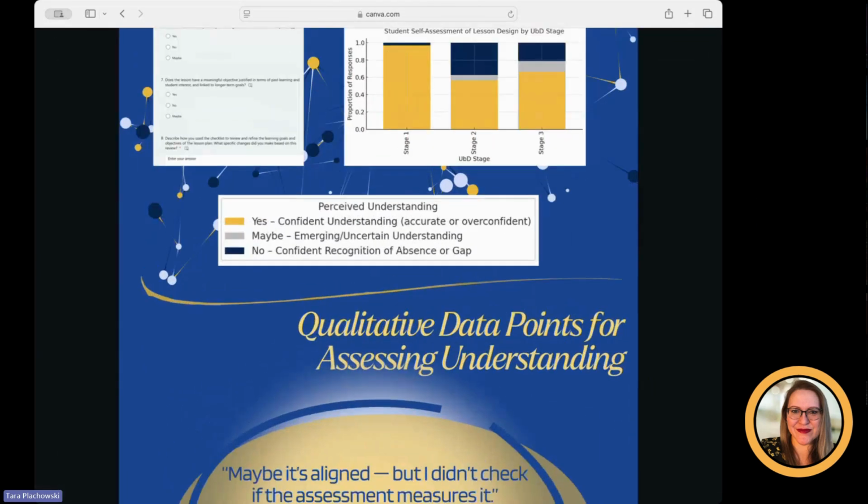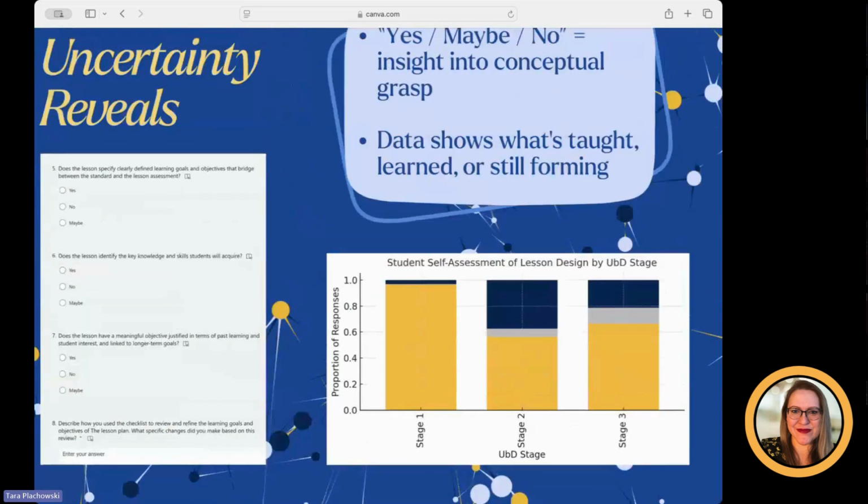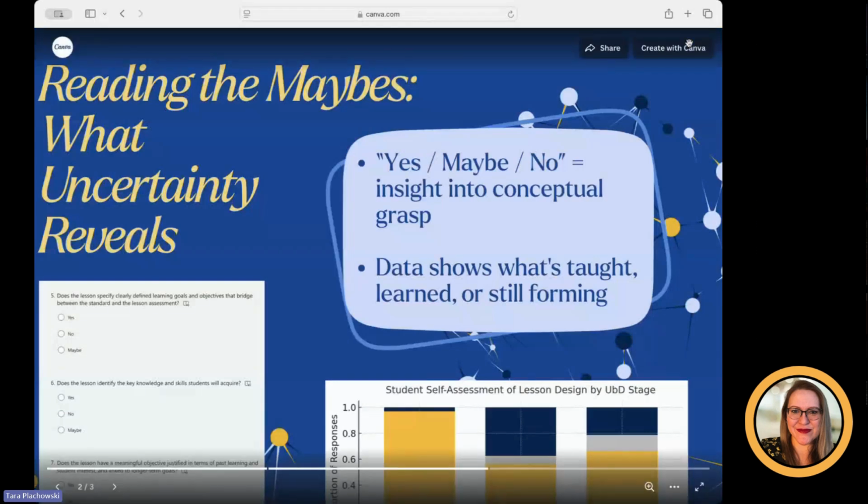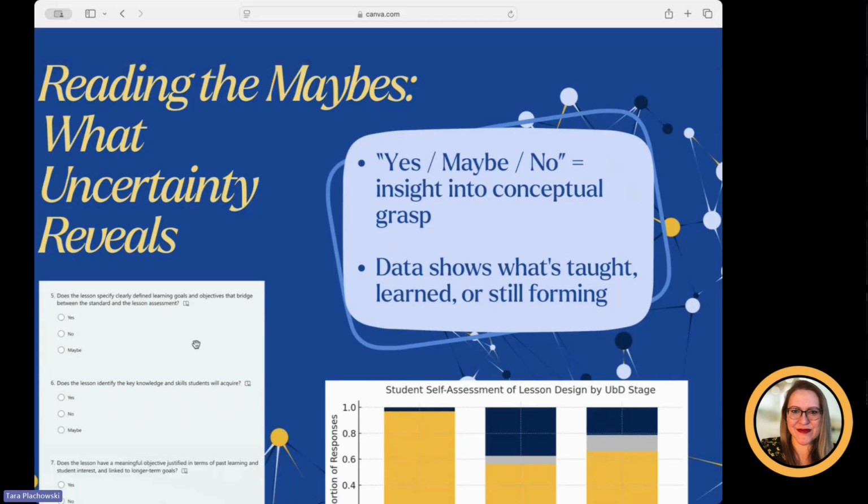I use both quantitative and qualitative data. I use a yes, no, maybe structure, and I invite them to look at what the lesson plan does. You can see over here a few of the questions. In this case, it's about Stage 1, the goals and objectives. Does it do this? I'm asking yes, no, maybe for a conceptual grasp because I'm comparing that to the product. So I can see if they've accurately identified that yes, it does, or no, it doesn't. And a maybe simply tells me